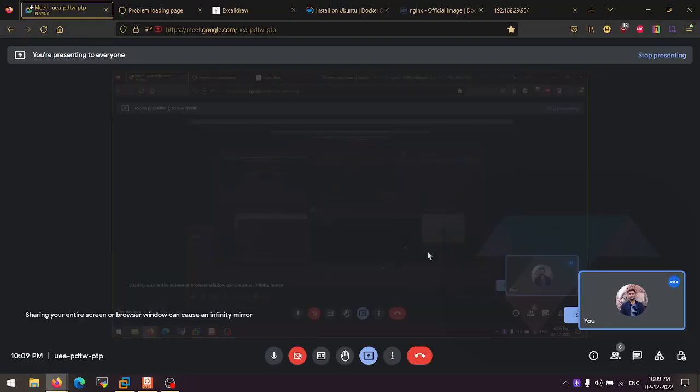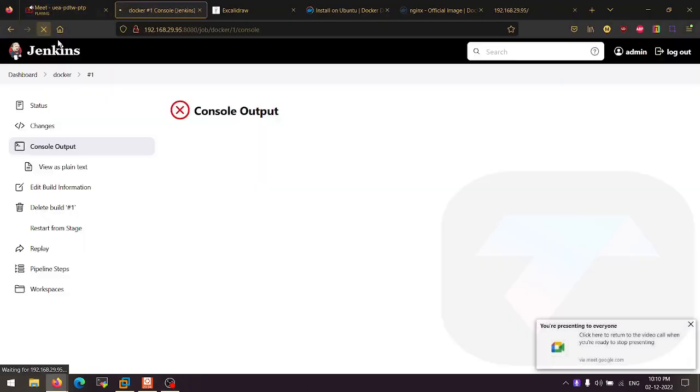Using the Wi-Fi for the IP. So that's why it also disconnected.